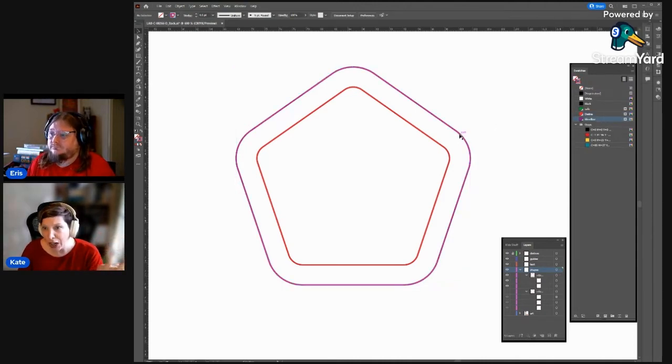You don't have to use purple, but we've chosen purple for our particular die line. That does raise a good question, though. When people are making their custom die lines, what do they do with the naming and the color and everything so that it works in our system more reliably? In our system, the only thing that the system cares about is that you have a spot color that is called die line.